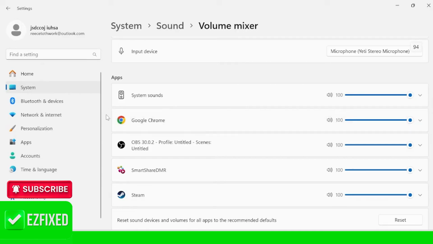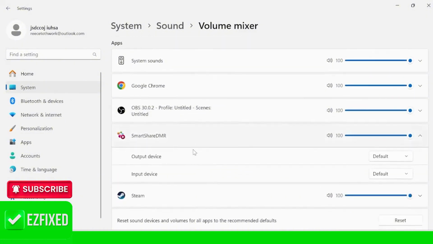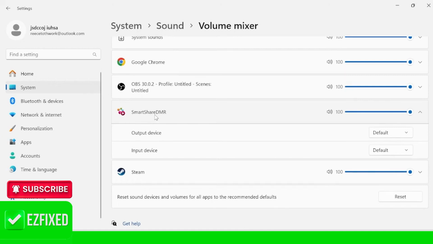Now because I don't have the recording on at the moment, I won't see GeForce inside of here. But all you simply need to do is come inside of the GeForce application by selecting this drop-down arrow here, and I'll just show you an example in this SmartShare one. We need to select the correct output device, and you need to make sure this output device is selected to your speakers. And now obviously if you are using a microphone, you can select that here for your input device. And then once we've selected the correct settings from here, we can close out of this sound volume window,